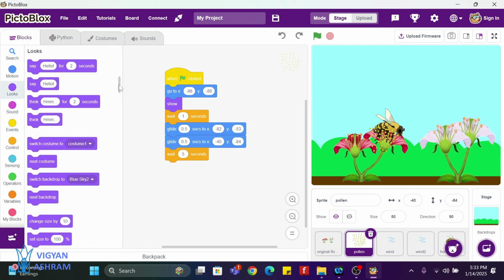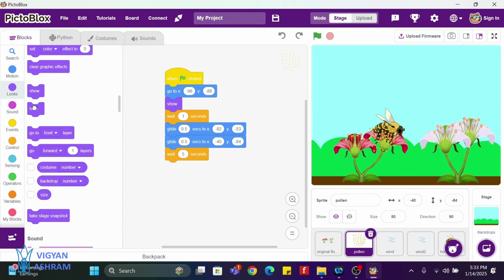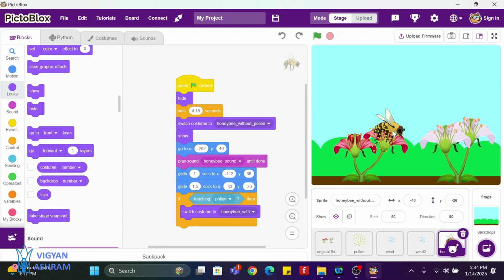So after 5 seconds it should hide. Now this honeybee, after it's covered in pollen, should go here, like from here to here,